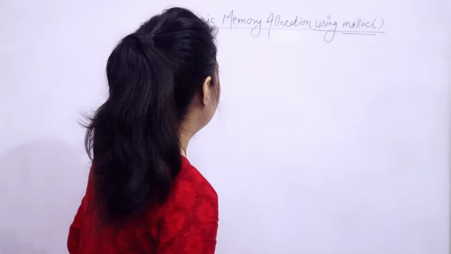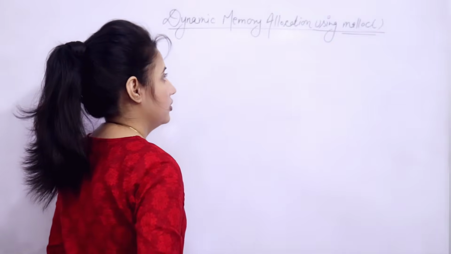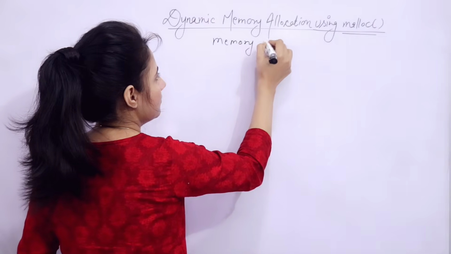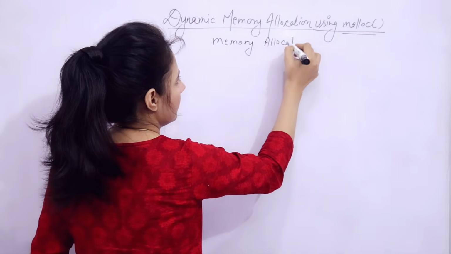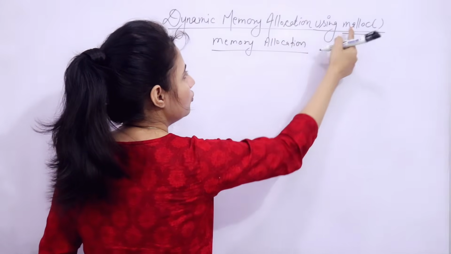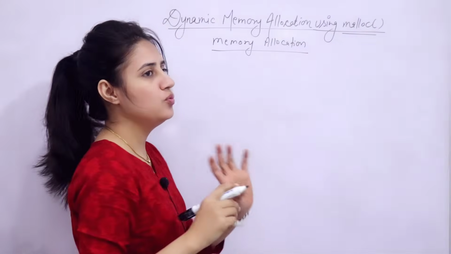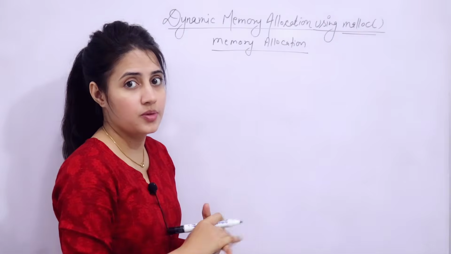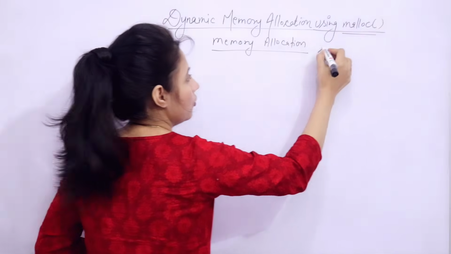Now let's see how to dynamically allocate memory using the malloc function. First thing, malloc, the full form you can say, is memory allocation. Right? And generally we use this function to allocate memory to structures. Structures we have discussed in the previous videos, right? So basically we use it to allocate memory for